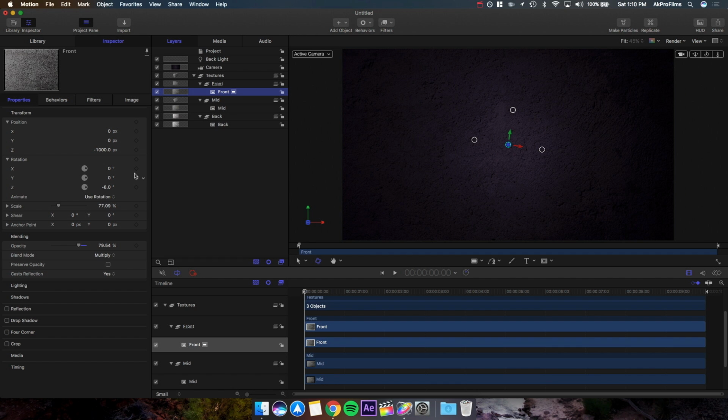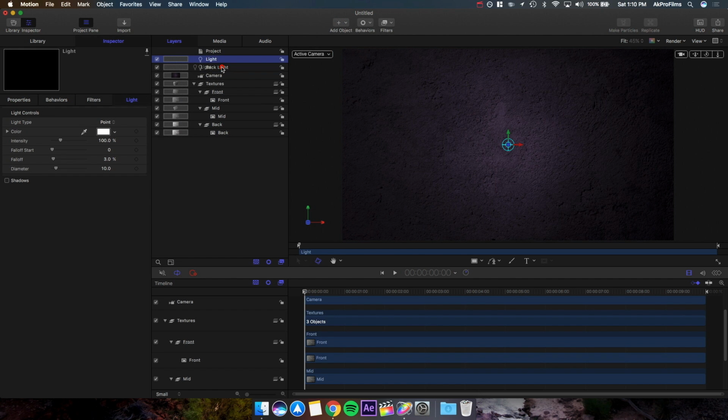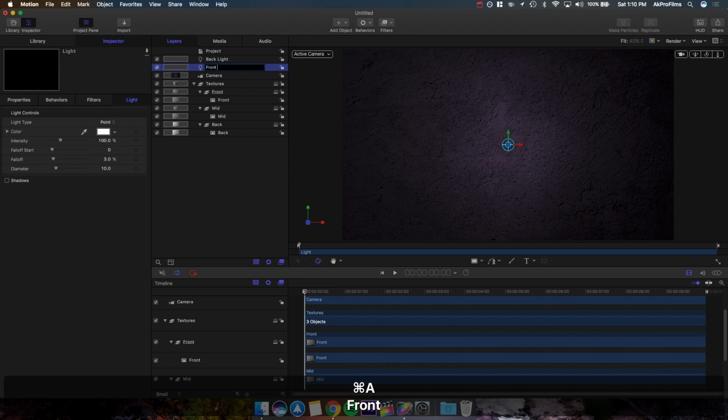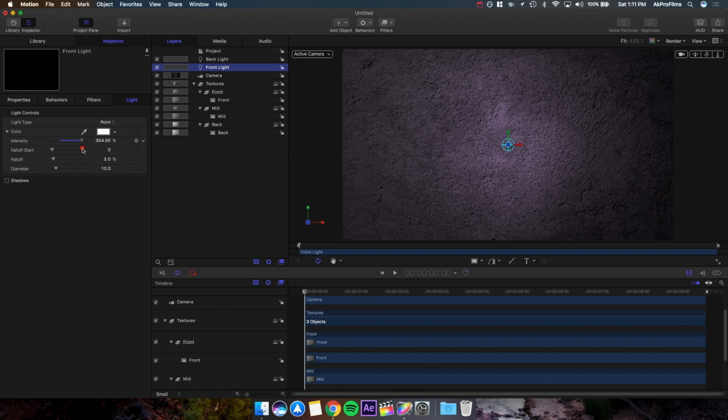And then what we also want to do is add a couple more lights, one to the front and one to the mid, to brighten up the whole scene. So add object, add another light, drop that behind the backlight here, and let's rename that to front light. Alright, good deal. And so what we want to do for this guy is increase the intensity, because this will affect only the